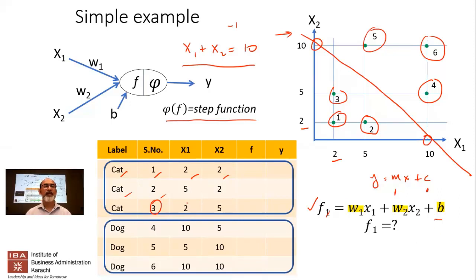So what are we going to make W1, W2, and B? What should be the equation of this line? I've already given you the solution over here. Just draw it out now. So now at this point, the function f has to be equal to what? This line is going to differentiate. It's going to go through a step function, and the step function, remember, is a